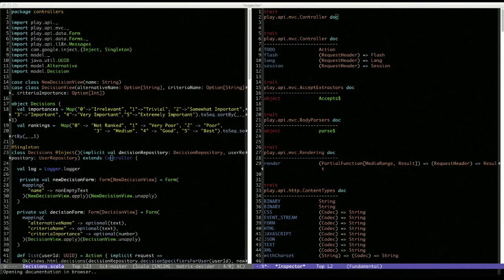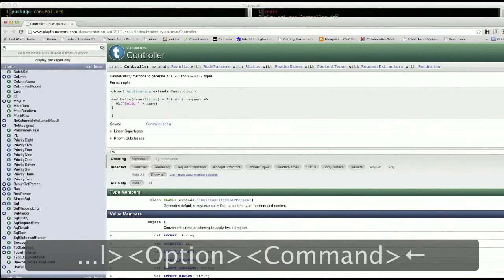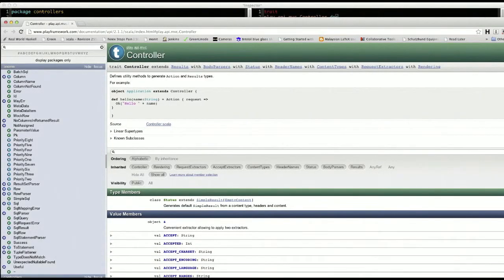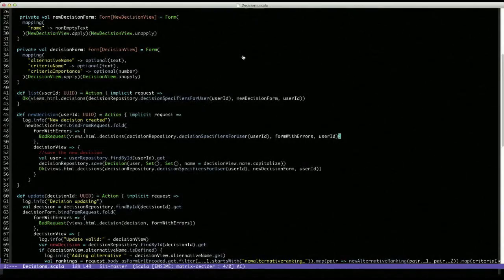now you can't see that because it's in the other window, so I'll move it over here. We immediately opened a browser window in the play documentation for the class controller, and I'm looking at the Scaladoc for the class that I was working with. Pretty handy. One final kind of navigation we can look at is navigation within a file,